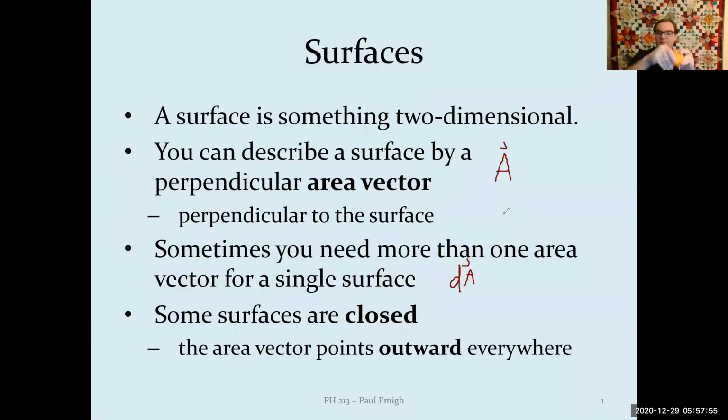For example, if I were to peel the orange a little bit and leave it open, now it's no longer a closed surface, it's open, and we'd have an area vector for the little flap of orange here, which is no longer in the same direction as it was when